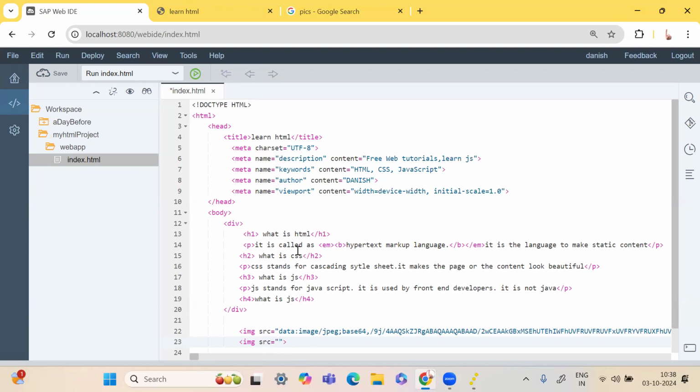See, we are working on Web IDE, which is especially designed to work for SAP related projects. We use a framework, and it is well suited for the SAP landscape. So if you don't know about SAP, let me just give you a brief idea what SAP is. It's a company that actually designs and makes